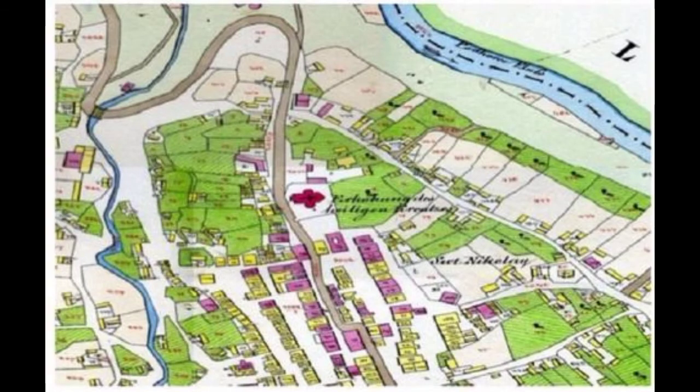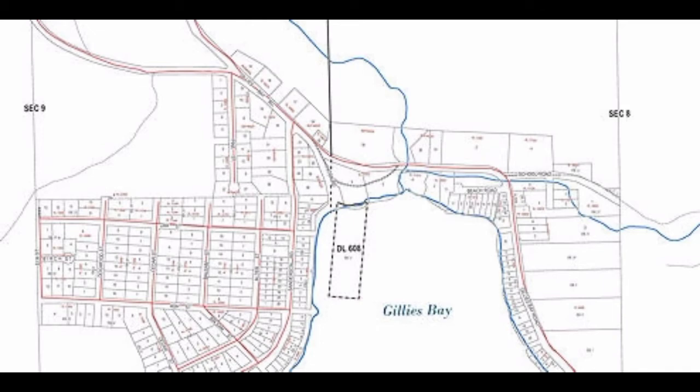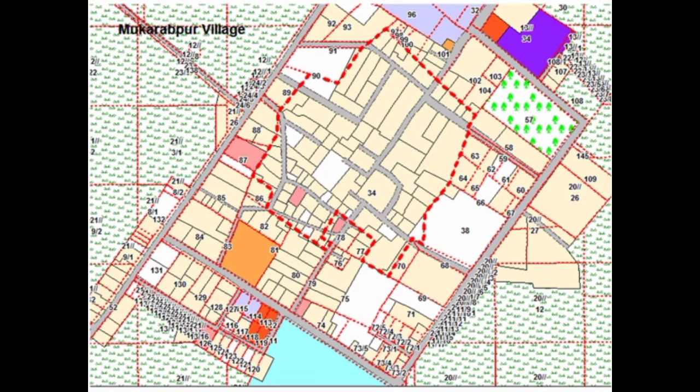Next one, cadastral map. A cadastral map refers to a map that shows the boundaries and ownership of land within a specified area. As they are on a large scale, they show full details of the boundaries of buildings. Usually, these maps are maintained by the government and they are a matter of public record.